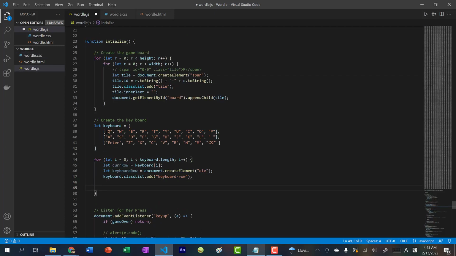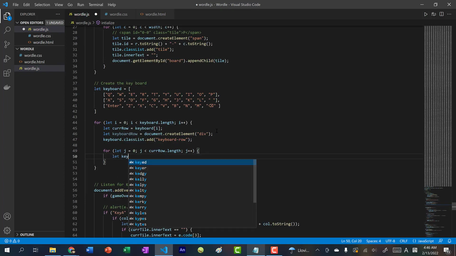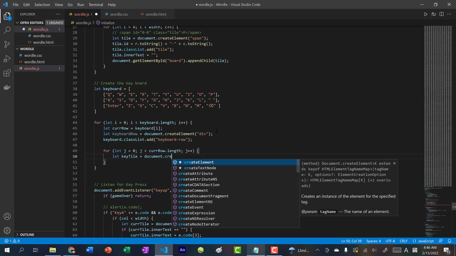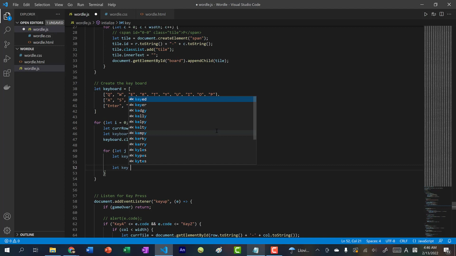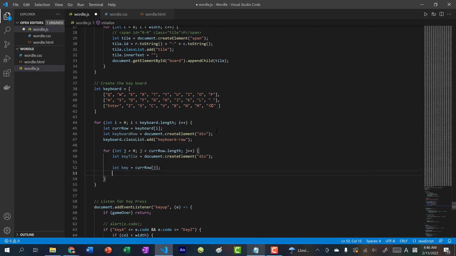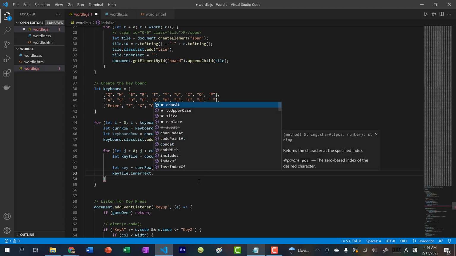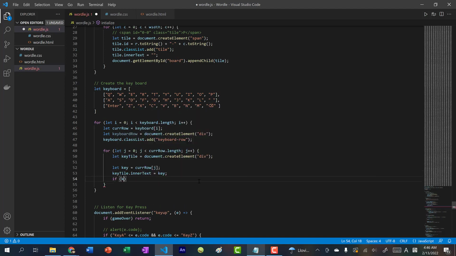And then let's loop through all the keys inside that row and create a tile for each key and place it within the keyboard row. So for let j equals 0, j less than cur row dot length, j plus plus, let key tile equal document dot create element div, and let key equal cur row j. Key tile dot inner text, we're going to set it to that key, so it's going to be Q, then W, E, R, T, and so on. So inner text is equal to the key, and if key is equal to enter,